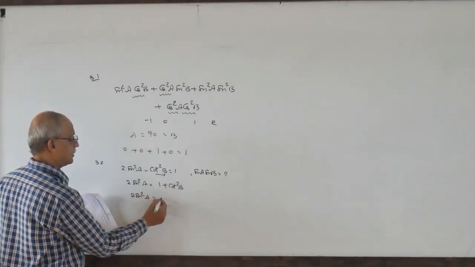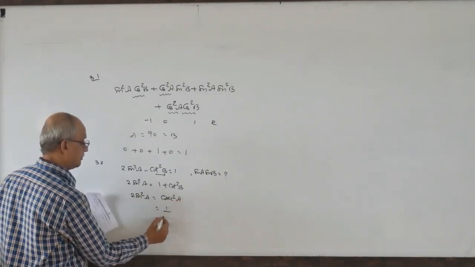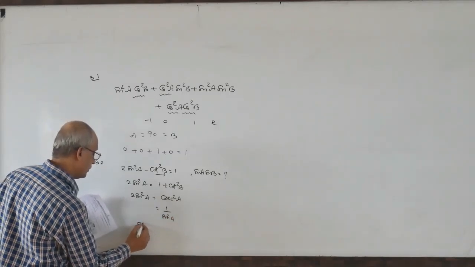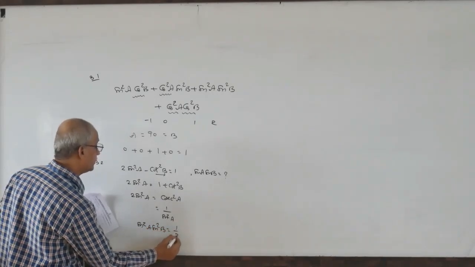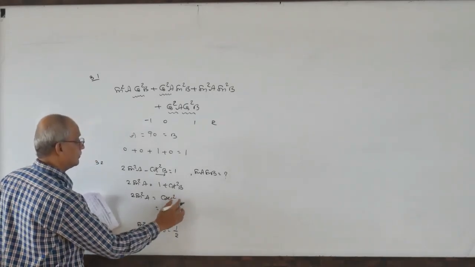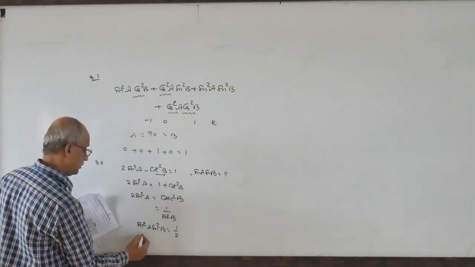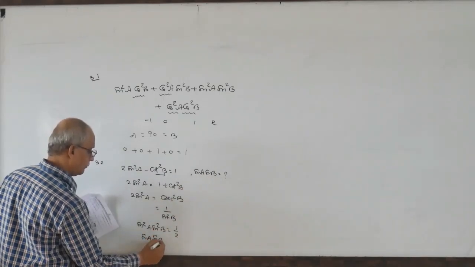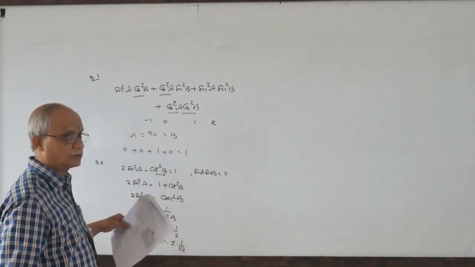What is 1 plus cot square? Cosecant square, which is 1 by sin square. So sin square A into sin square B is 1 by 2. Take square root because they want sin A and sin B. When you take square root, it is plus or minus. And hence,